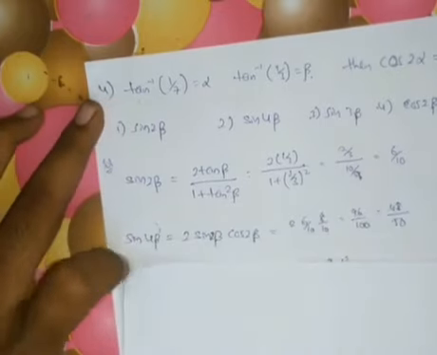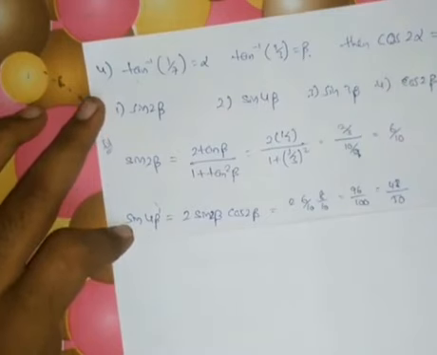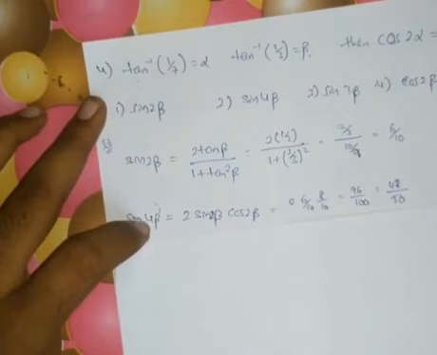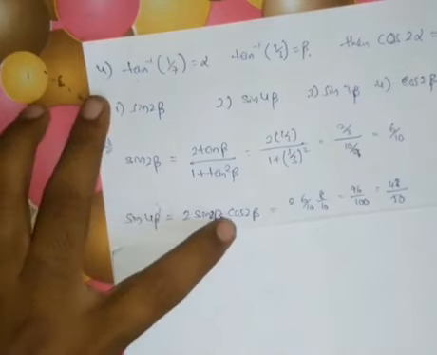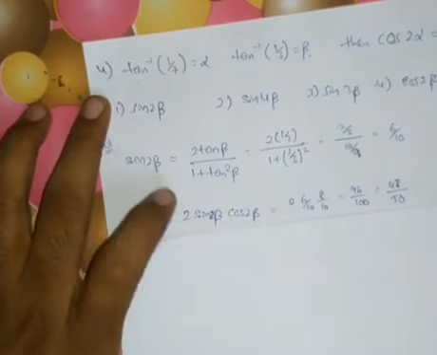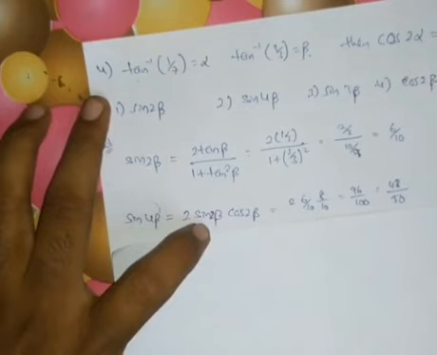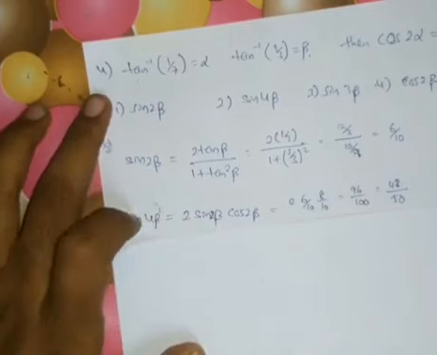Next, the second option is sin 4 beta. Sin 4 beta means 2 into 2 beta. So writing as the sin 2 theta formula, we can write 2 into sin 2 beta cos 2 beta. Because we need another value, that is the fourth option, cos 2 beta, by using that value we can directly say about option number 2.